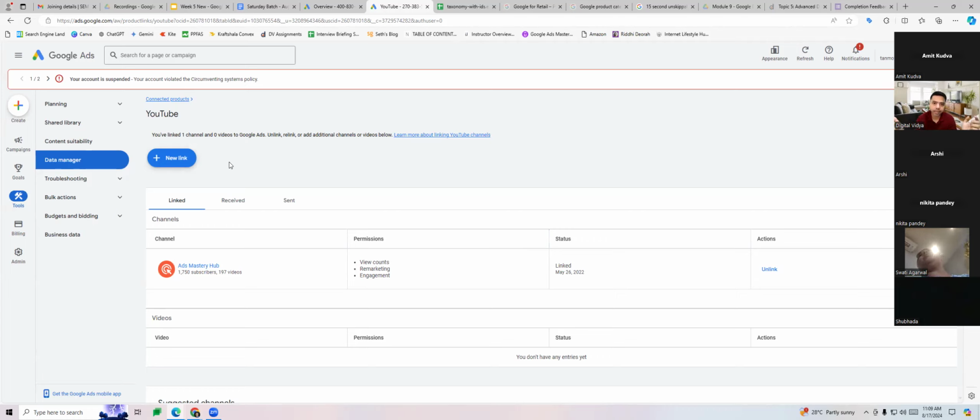Once the request is accepted, it will show as linked in this particular manner. So this is needed for us to do. All right, once this is done, then you can create the ad sequence campaign. Okay, everyone with me, able to understand?